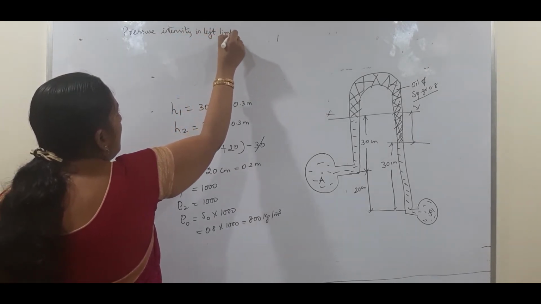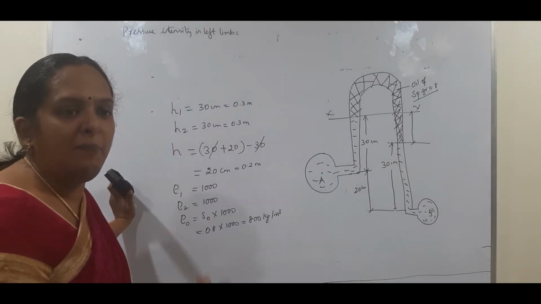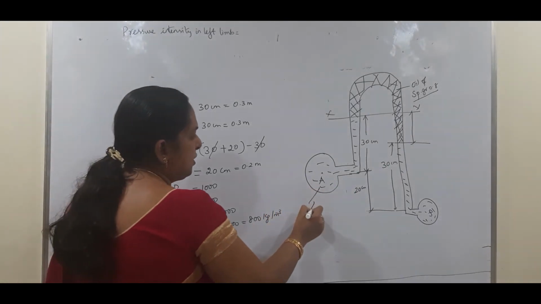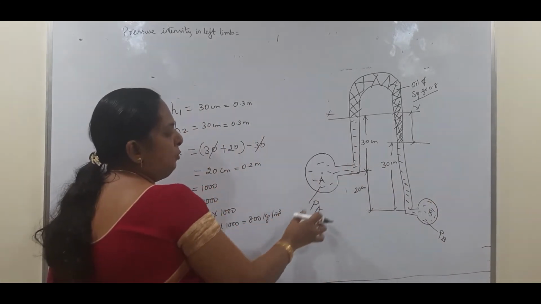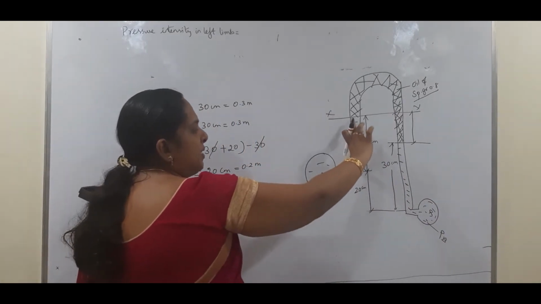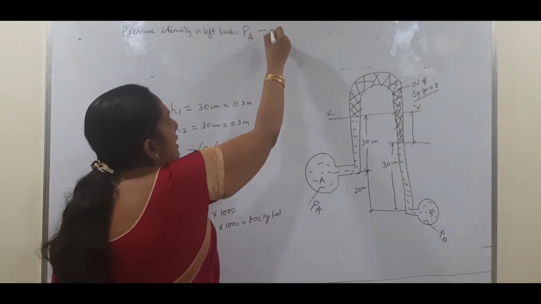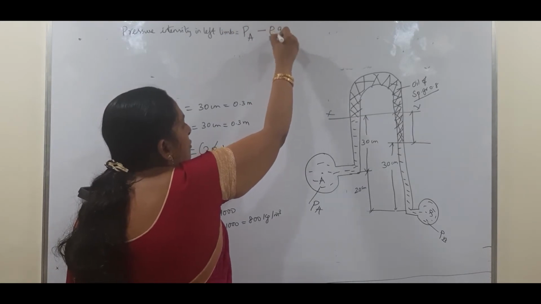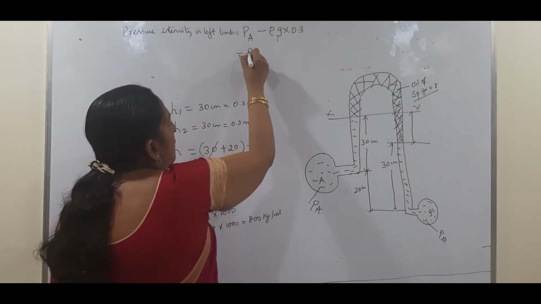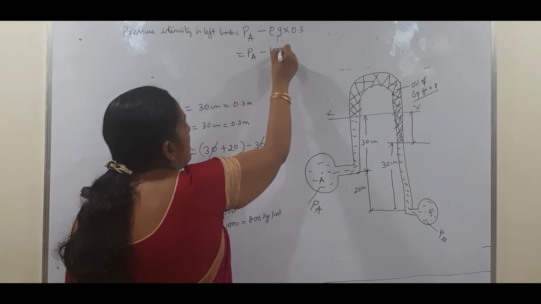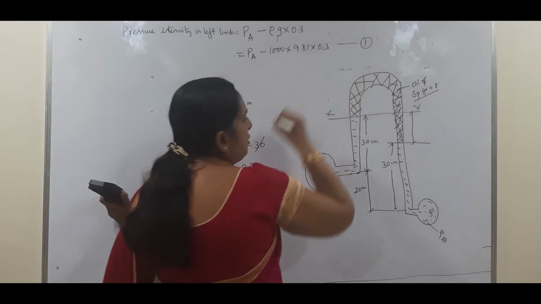While we do these inverted manometers, we have to be very careful that we should not give a positive sign. We have to give only the negative sign. Here this pressure is unknown, we let it be PA. From the left hand side, what are the two pressures we have? One is this PA and the other is because of this liquid height. So it is PA minus rho g h. Rho is for water, g, and h is 30 centimeters, so 0.3 meters. So I am writing PA, which is unknown, minus rho, which is 1000 since it is water, g is 9.81, into 0.3. Let this be equation number 1.